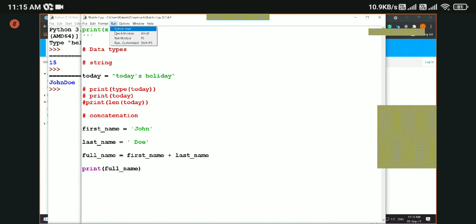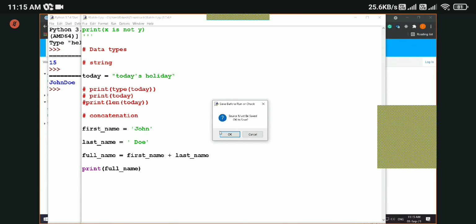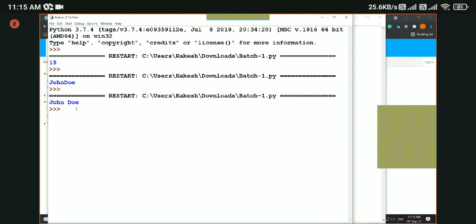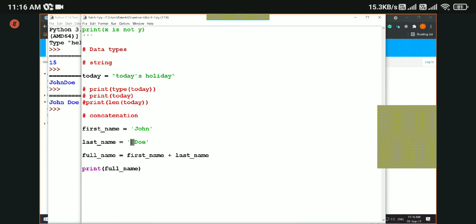Let me run this and show you, right? Now we got a space. Okay, this space is coming from the second name, right? But most of the times what happens is that we get name from the user, so there will not be any space between them, right?